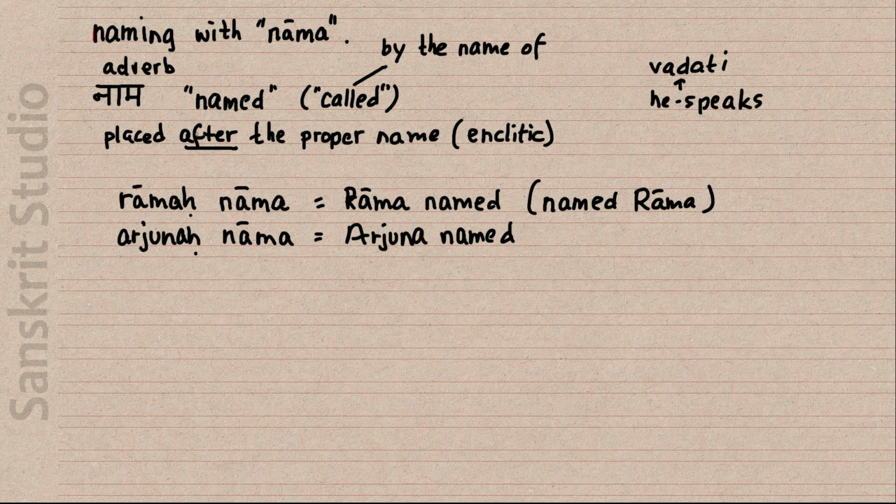All right, so we did the naming with nāma now. The idea is that we are going to combine this, naming with nāma, but we still have to have something else in a sentence other than this. Named Rāma is sort of calling out to what is it that is named Rāma, or what is it that is named Arjuna? Well, there's something else, and that's the other name that we had before when we were talking about